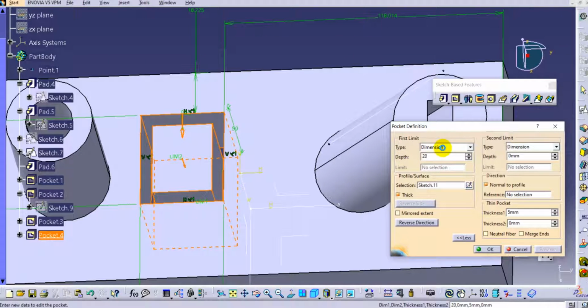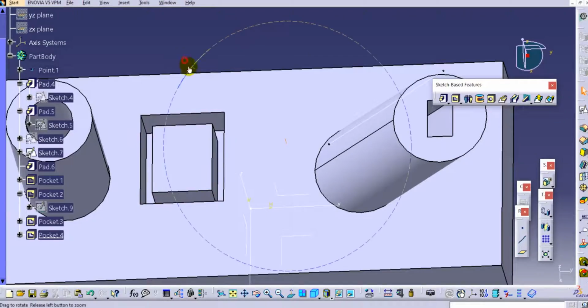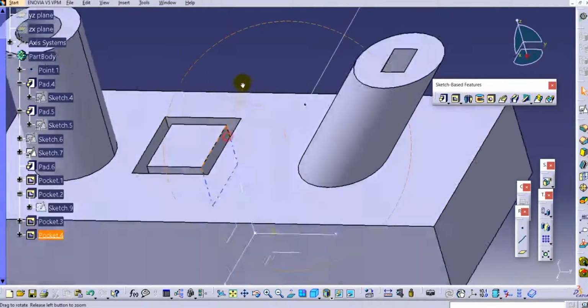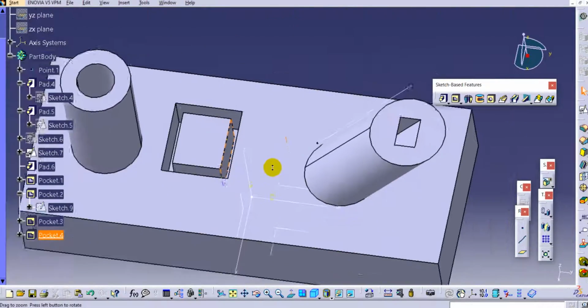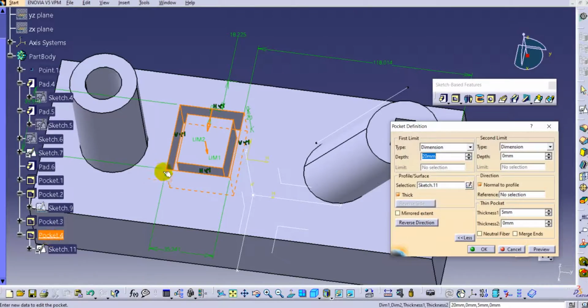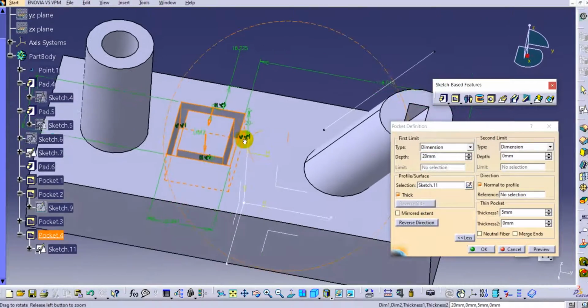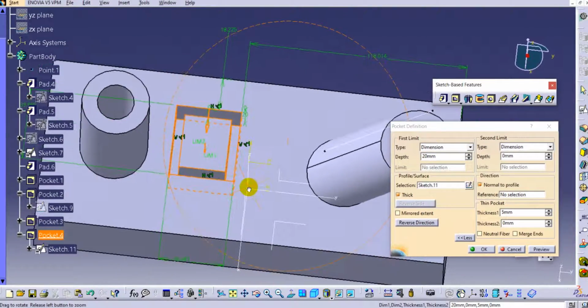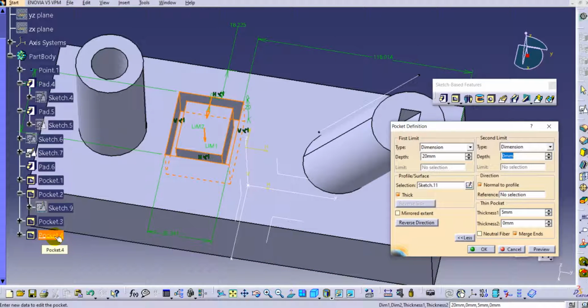So let's create 20 mm. Now you can see the pocket is created with a thickness. In this way you can use the pocket definition for the removal of material.